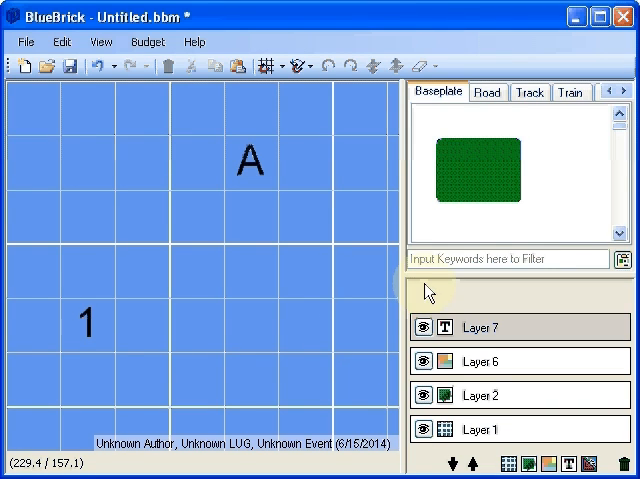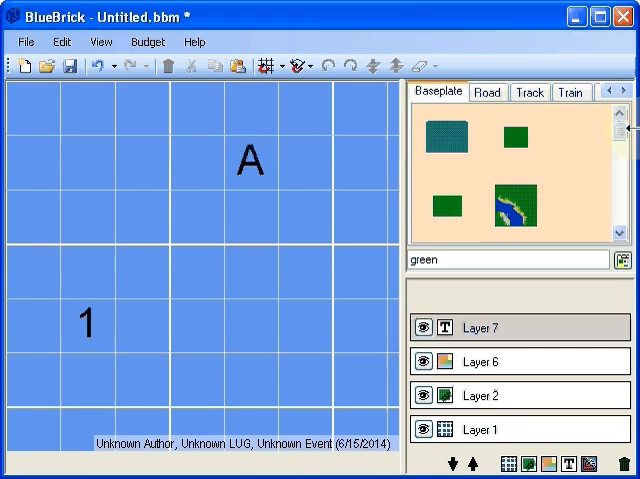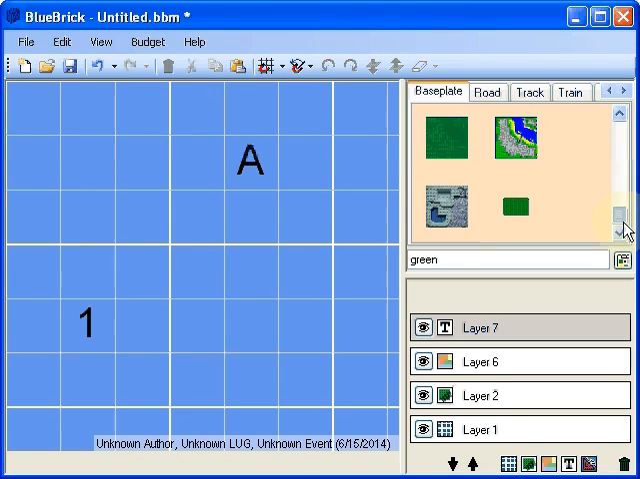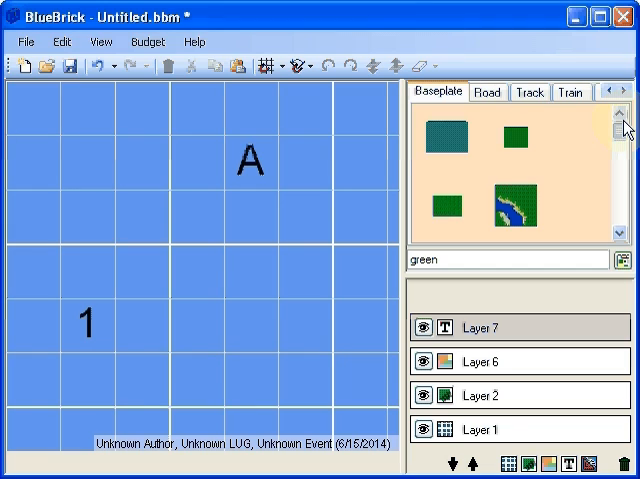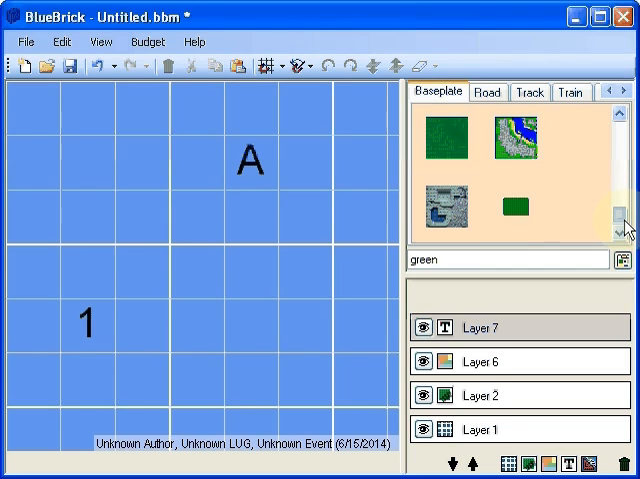But more important, I'm sure you have noticed this text box in the bottom of the library. Yes, you can now type some keywords to filter the part library. For example, if I type green, I only list the green baseplate. You can enter multiple keywords to refine your research, and you can put a minus in front of a keyword